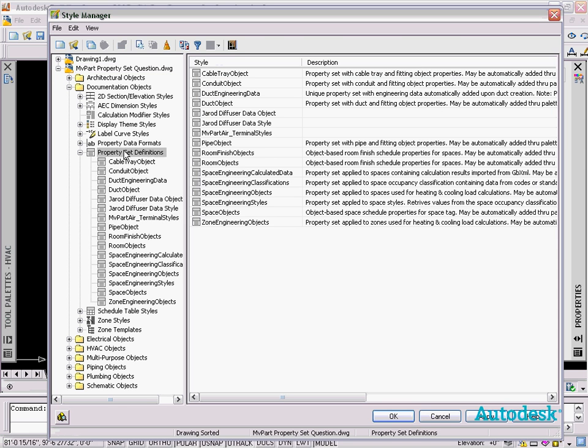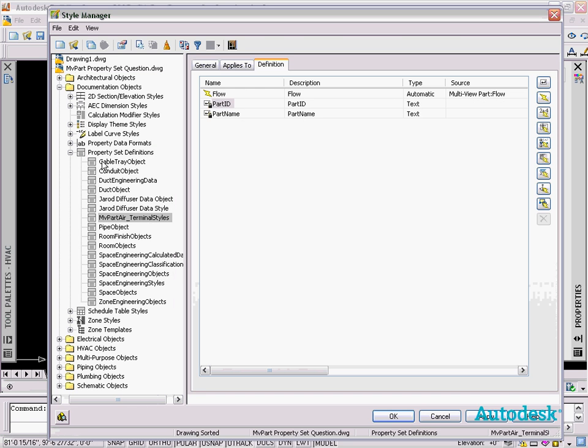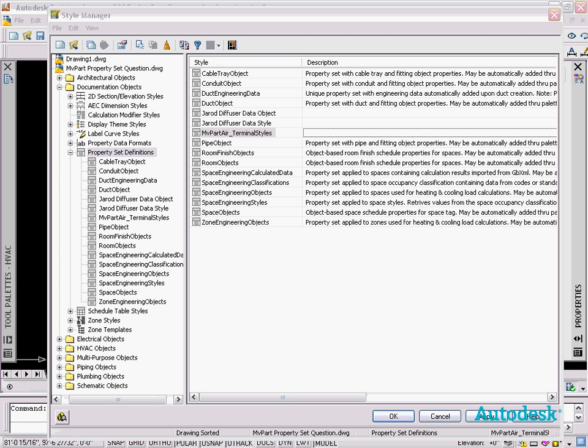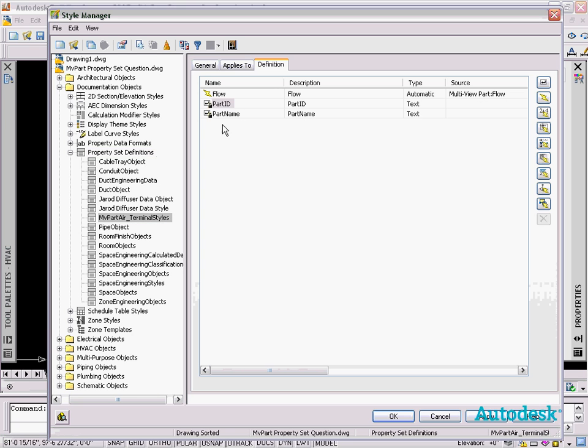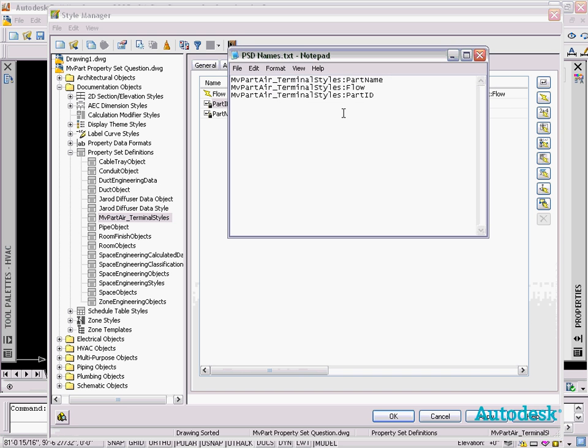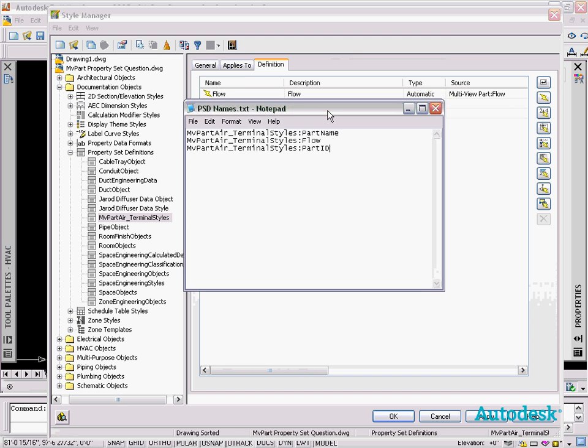So I'm going to take this name here, our terminal styles. I'm going to copy it, and I'm going to go ahead and place it over here, and I'm going to do the same thing and take the actual property names themselves. So I go in here, I'm going to copy this, I'm going to copy that, I'm going to copy that. So the end result is that I'm going to have the names over on my text pad, and we're going to go ahead and use those to update the attributes that your